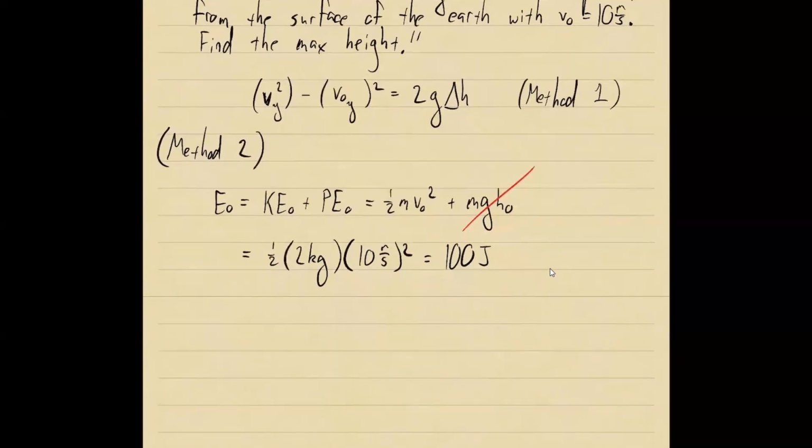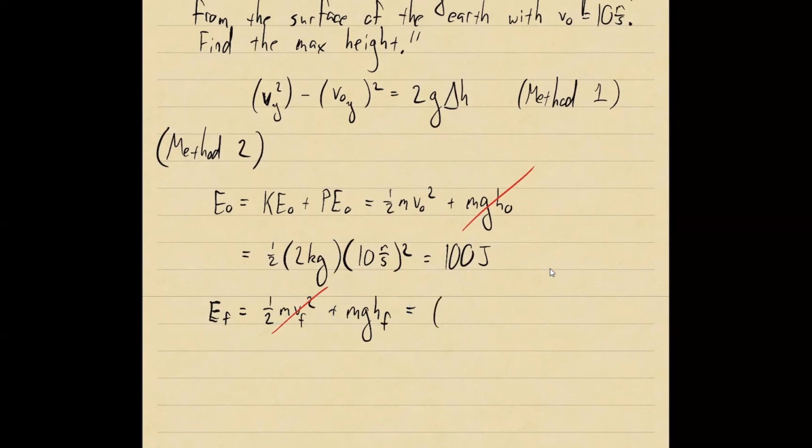Now, if we look at the final energy, the final energy is going to be 1/2 m v final squared at max height plus the gravitational potential energy at max height. But at max height, its velocity in the y direction is 0, and since it's moving entirely in the y direction, the magnitude of its velocity is going to be 0. So this term is gone. And at max height, all of the energy of this ball is gravitational potential energy. So this is just the mass of the ball, 2 kilograms, times the acceleration due to gravity,